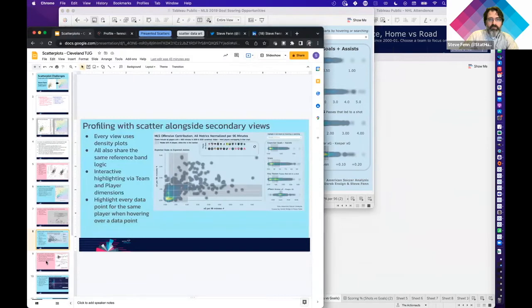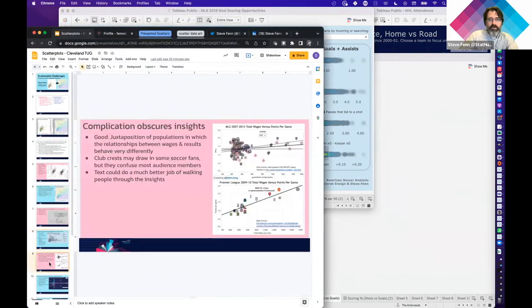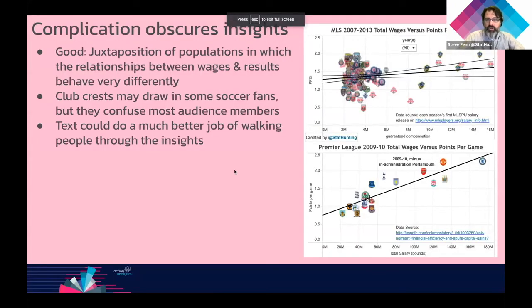So there's example number 2. Back to some early career struggles. Here I was trying to look at the relationship between wages and results. Or you might, in a professional environment, look at budget versus results in some similar way. The reality I was trying to convey here, and this one's more effective than some of my other bad examples,